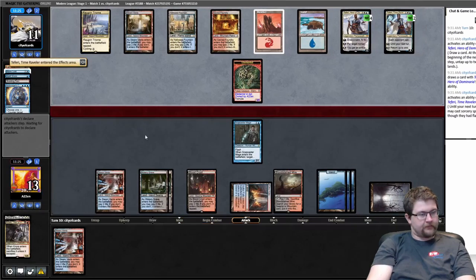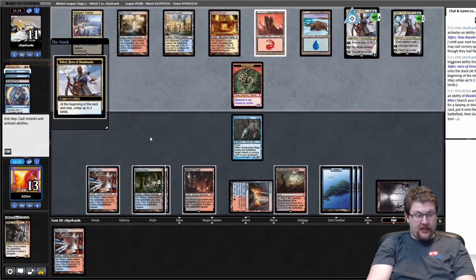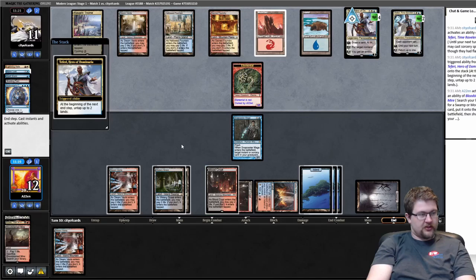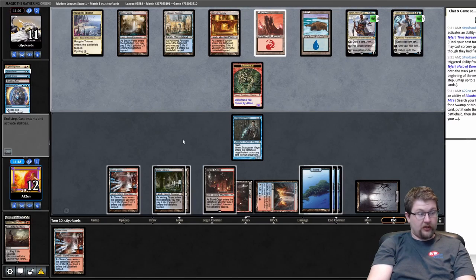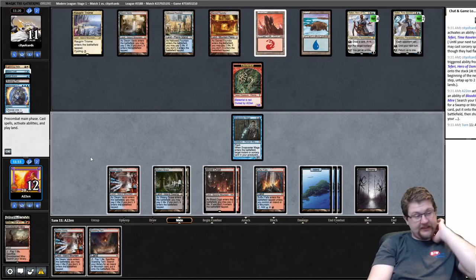But the good news is we've drawn basically every land in the deck to this juncture, so we can't really draw any more. That's my point. I'm sticking to it. I'd say thinning doesn't typically matter, but we've drawn literally every land, so okay. Yeah, that's...